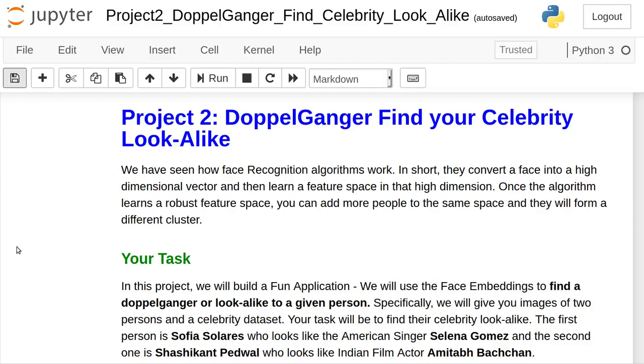Hi, in this project we are going to find the doppelganger for your celebrity look-alike. That means that we will take an image from a person and then we will look within a celebrity dataset to see which is the celebrity that looks alike this initial image. Okay, so in order to do that,